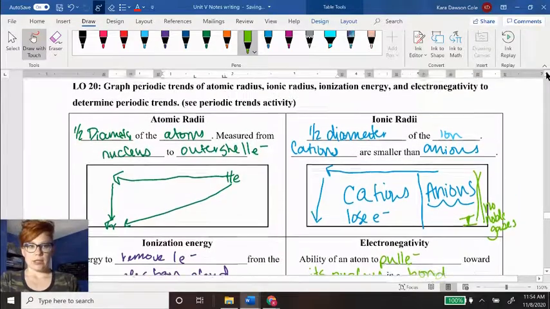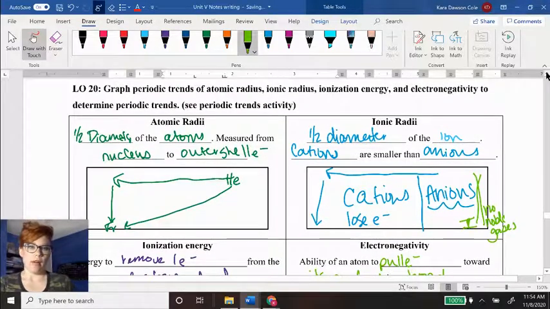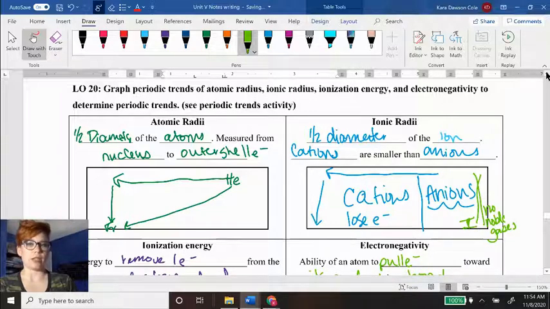That is learning objective 20, which is to graph periodic trends of the atomic radius, ionic radius, ionization energy, and electronegativity to determine periodic trends. These are all periodic properties of the elements, and they have a certain trend